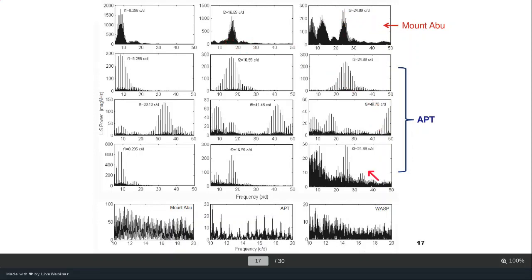This is another observation I contributed with the ATP telescope in Arizona. That telescope also observed the same target, acetylene. So with that data also we can determine the same frequencies: 8.296, 16.59, and then 24.89. So we get the same frequencies from other sources also. That means this star has different frequencies in its light curve.